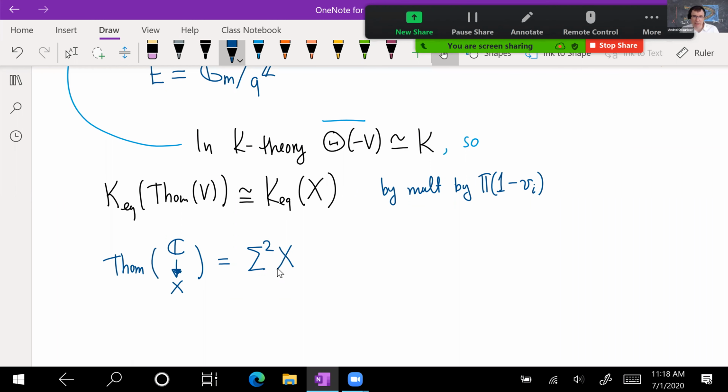What is suspension? I can't really draw sigma 2 so well, so maybe I'll draw sigma 1. Sigma 1 of X is that you take